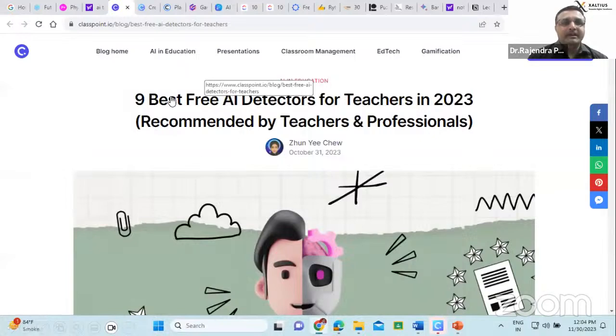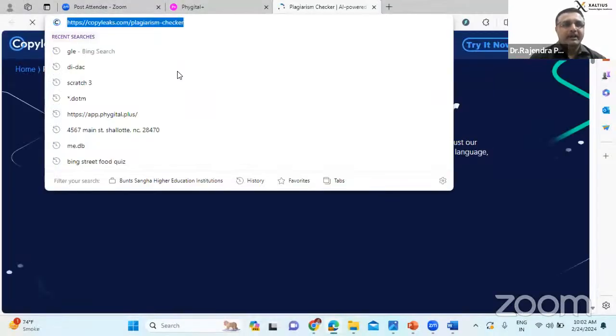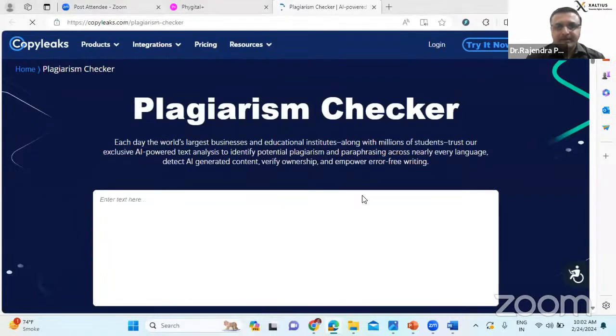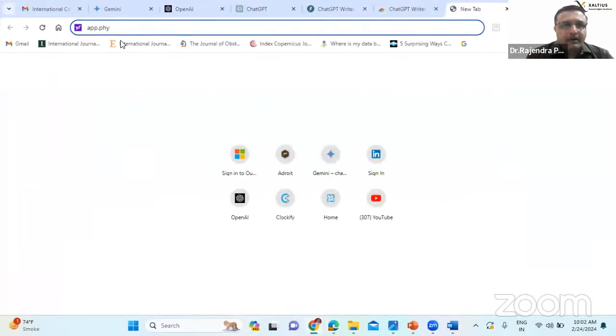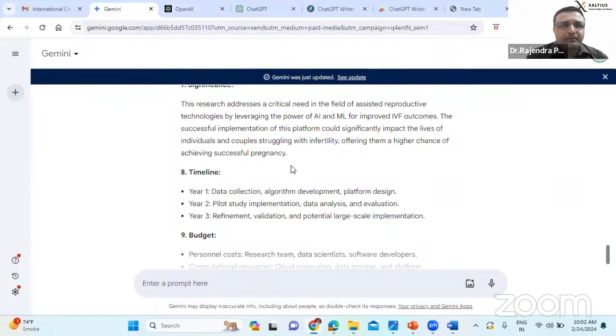Next is the other AI detector. We'll see the plagiarism checker. The link I'll be posting in the chat box. CopyLeaks, a very popular tool. Now I'll show you the experiment. I'm going to Bard, and from Bard I'm copying this content.